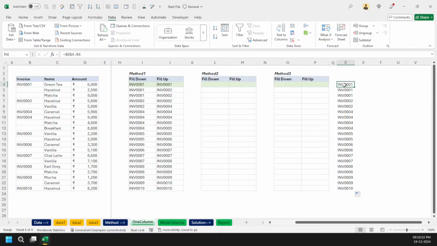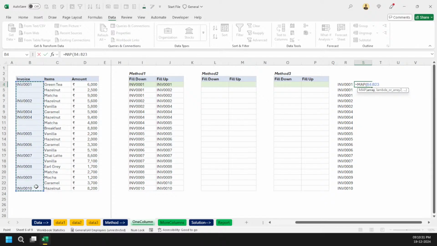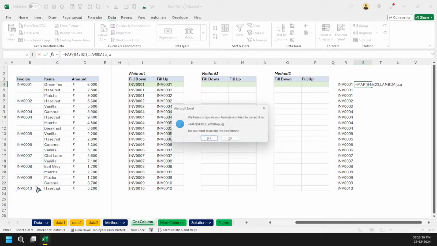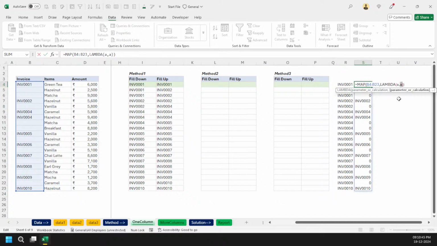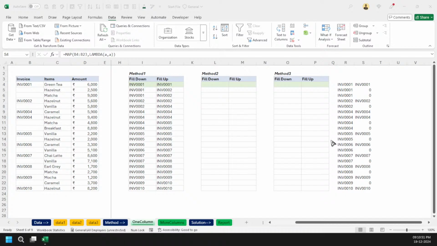So what I'm going to do here, let's come here, the MAP function, and I'm going to select this whole row, and let's just write a simple LAMBDA a, and a. Now you will think, Aditya, because this is an array, this parameter a must have been an array, right? What is a? A is the current context. Let me highlight it as well. So one by one, a is holding the values here.